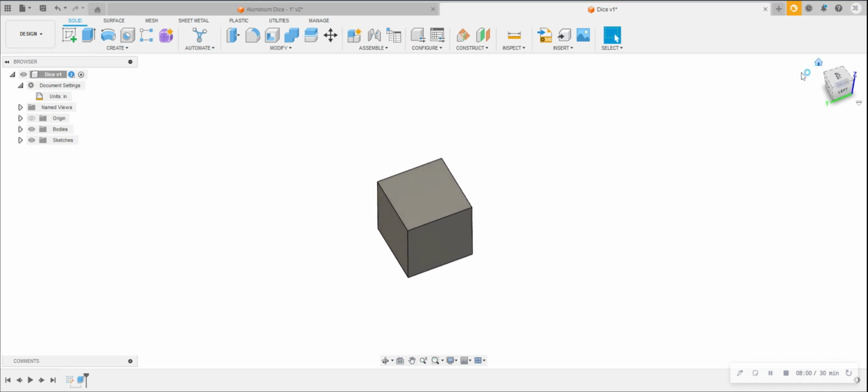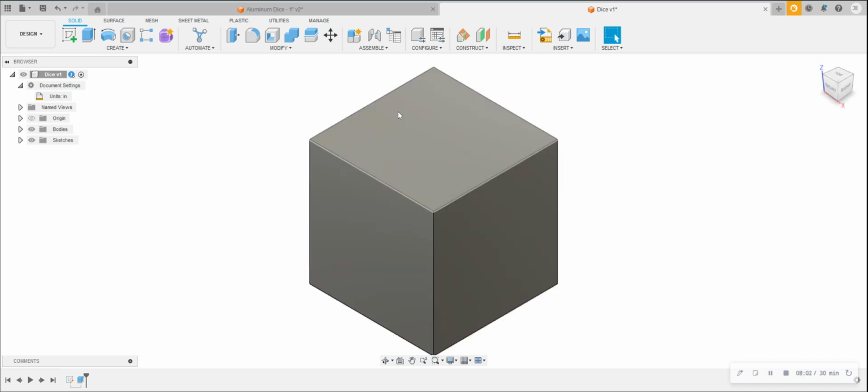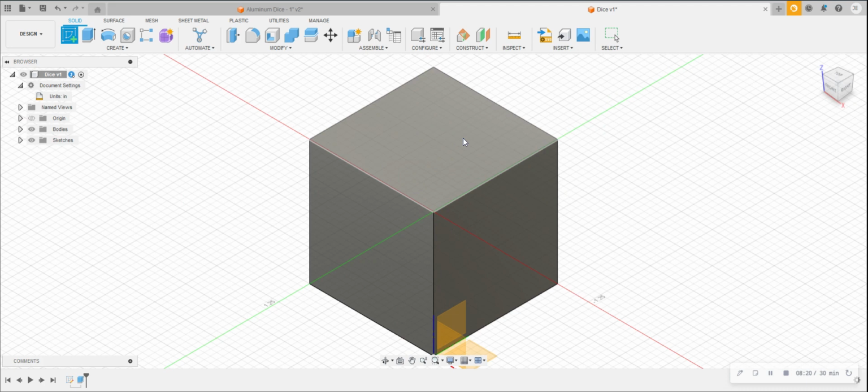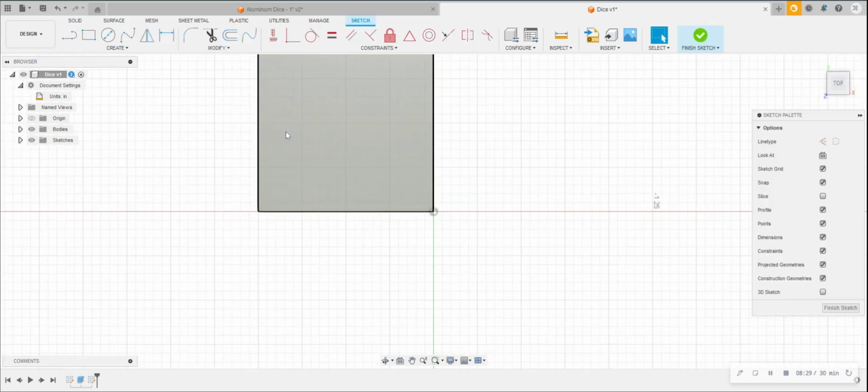Okay, so going back to the home view, we want to create a dice that has dots on all faces, and we're going to start with this top face, and we are going to put 3 dots on there. So this will be the 3 of the dice. To do that, we're going to start a new sketch, and we'll use again the create sketch feature. And what we'll click on now is actually the face of the dice where we want to do some work. So we're going to click on the top face of the dice, just a left click,